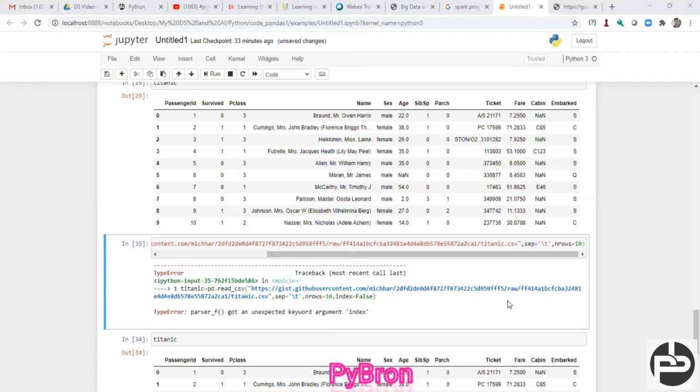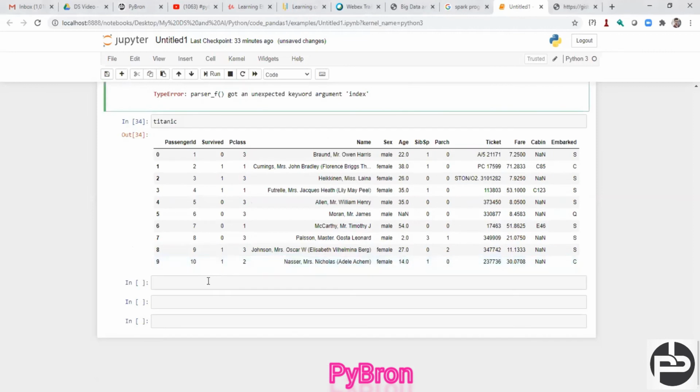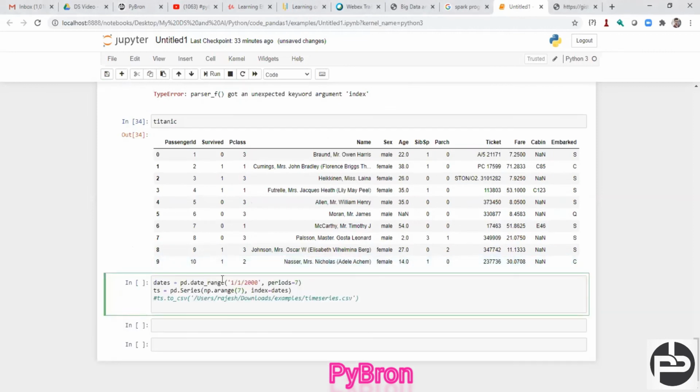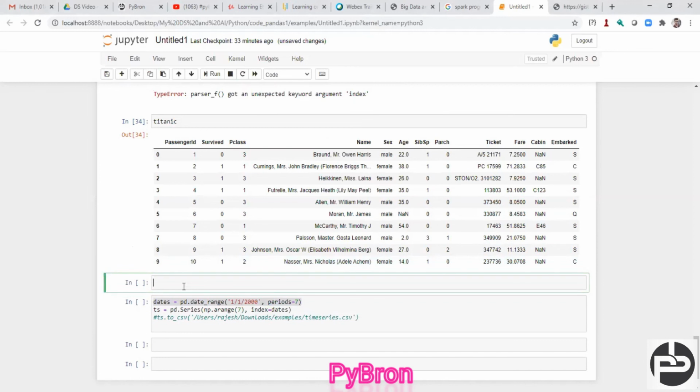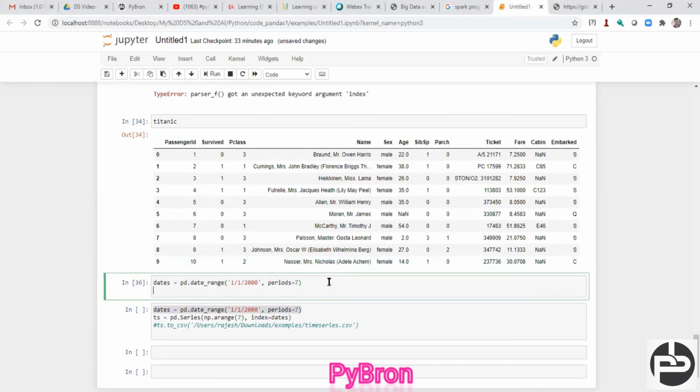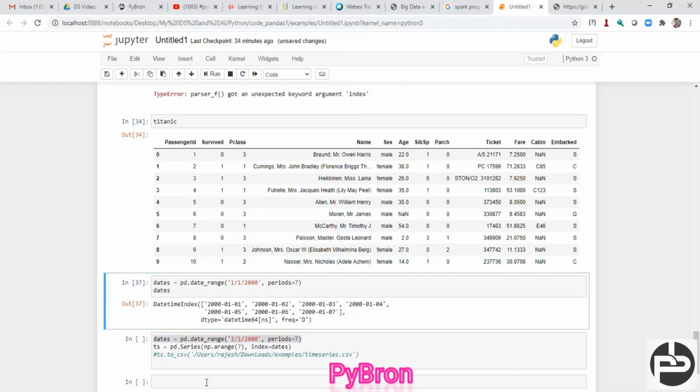Okay, so now another thing we are going to discuss here is the date range function. So what is the date range function? Basically, let me execute this on a separate cell. Suppose you execute this command, and here dates, if you execute dates, we are able to get the dates from 1/1/2020 till 7 dates, meaning 1/1/2020, 2/1/2020, 3/1/2020, all those things we are getting.